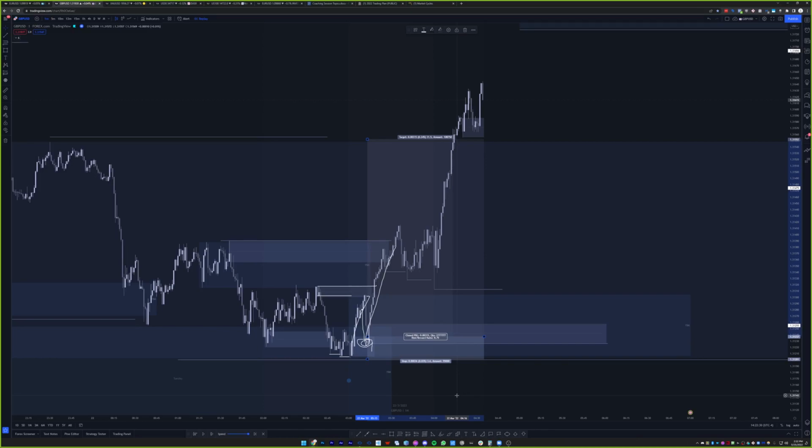What I'm trying to do is give you guys the tools to avoid taking trades like this. To me, this is not a valid entry. I think when you're early on, trying to learn how to trade, you should be trying to learn how to avoid trades like this more than anything, because this is going to give you a false sense of confidence and train you to take low probability trades